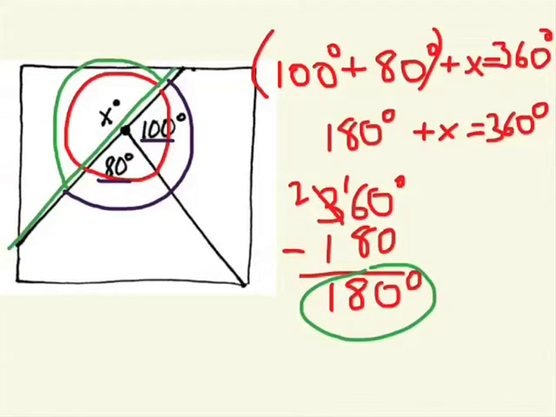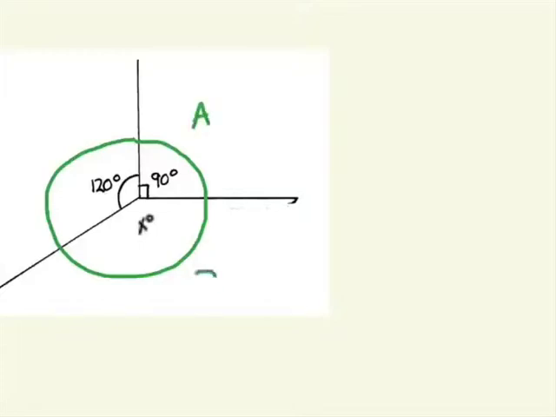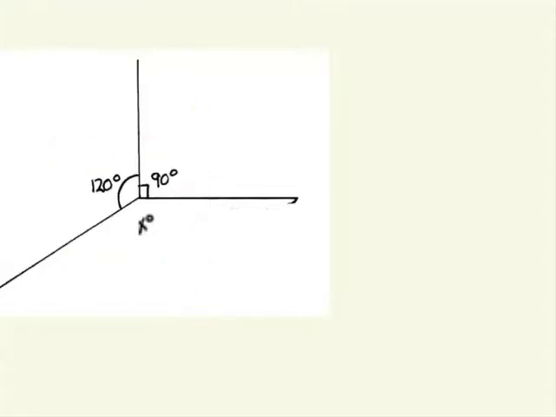Let's look at another example. If I start at the spot and go all the way around, showing all the angles back to the beginning, I do have a circle, which means the total of all three angles, if this is angle A, B, and C, the total of all three will equal 360 degrees. So if I were to write an equation, I could write 120 degrees plus 90 degrees plus x equals